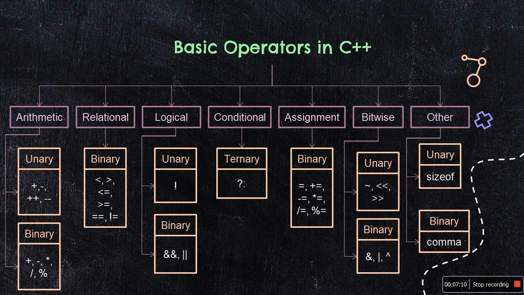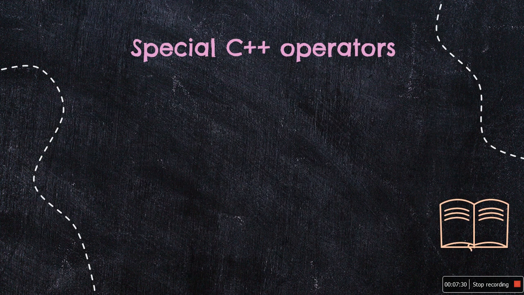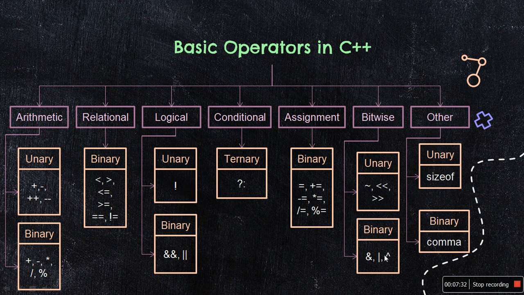You have bitwise binary operators, which are ampersand, which stands for logical AND operation at bit level. Then you have a vertical bar, this is a vertical line which represents a logical OR operation at bit level, and this cap symbol, which is used to perform logical exclusive OR operation at the bit level. Okay. Then you have other operators,